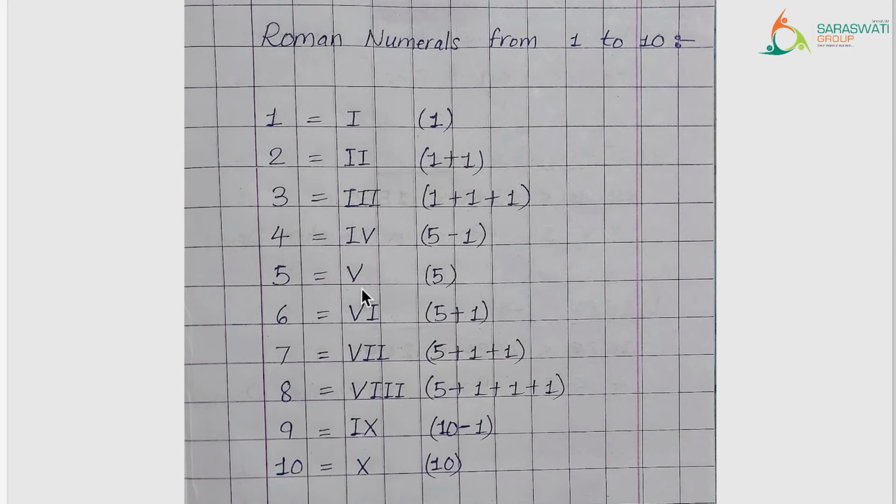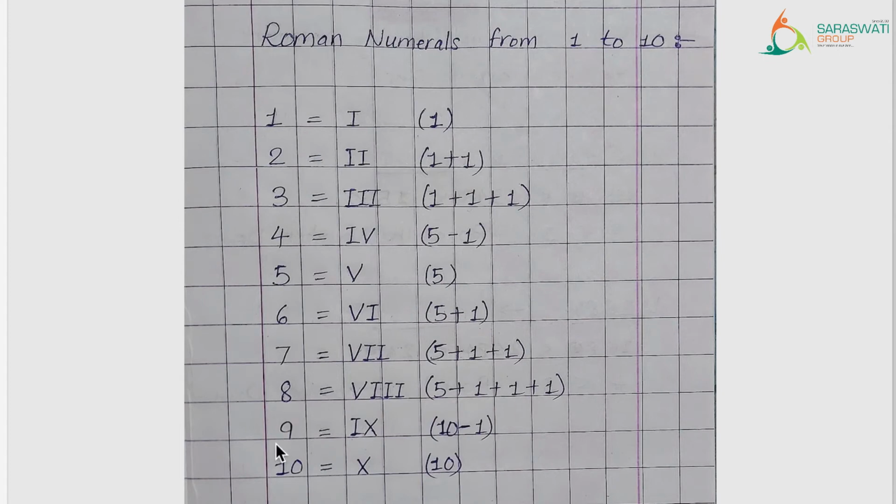Then we already know that letter symbol V has the value 5. So Roman numeral for number 5 is V. Then Roman numeral for number 6 is V followed by I. First larger numeral then smaller numeral. So addition of their values. Then we have Roman numeral for number 7, that is V followed by I repeated 2 times. So their values will be added. 5 add 1 add 1. 5 add 2 is equal to 7. Then Roman numeral for number 8 is V followed by I repeated 3 times. So over here 5 add 1 add 1 add 1. Result is 8. 5 add 3 is equal to 8.